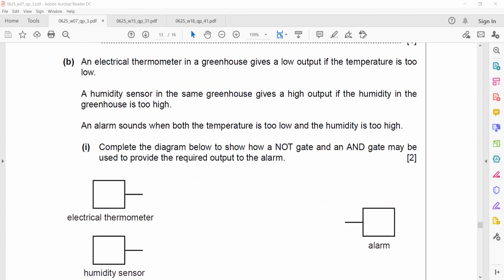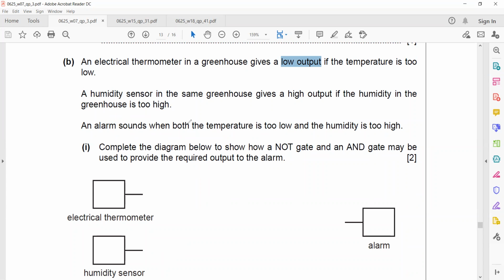Okay, in the question, an electrical thermometer in a greenhouse gives a low output if the temperature is too low. A humidity sensor in the same greenhouse gives a high output if the humidity in the greenhouse is too high. The alarm sounds when both the temperature is too low and humidity is too high. Complete the diagram to show how a NOT gate and AND gate may be used to provide the required output